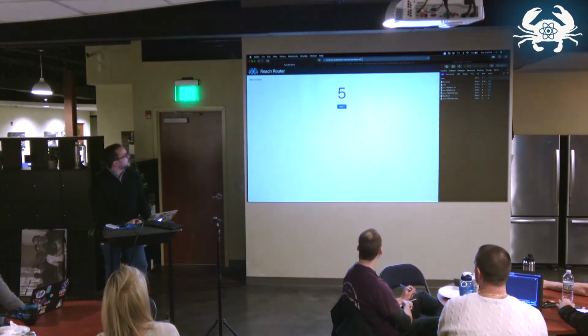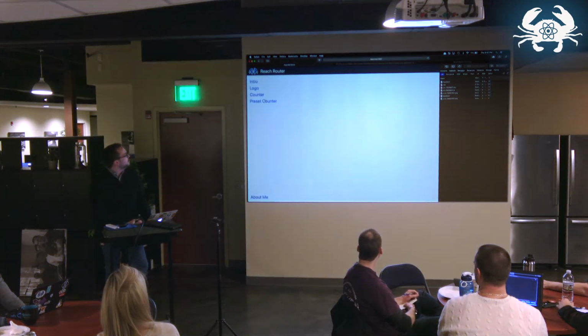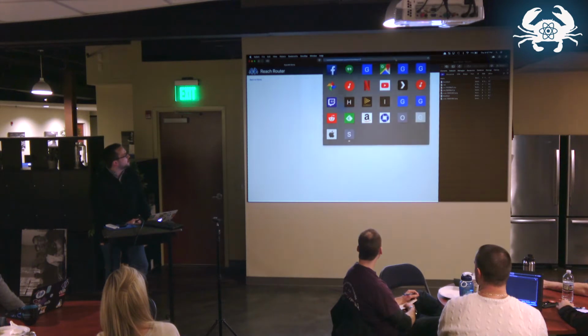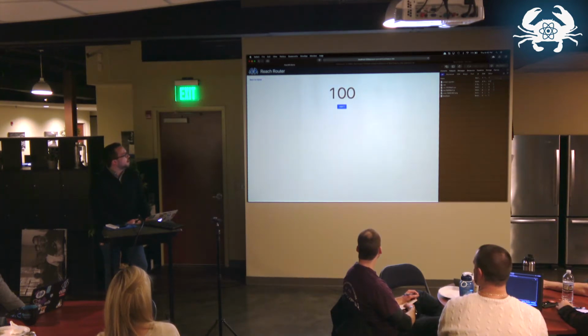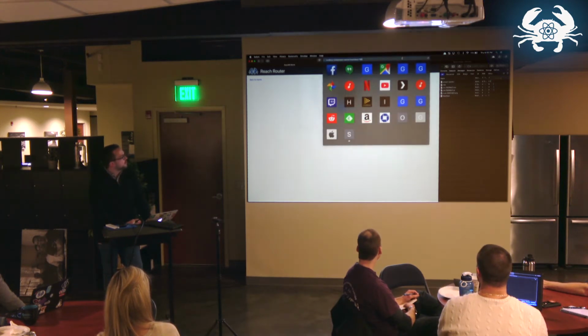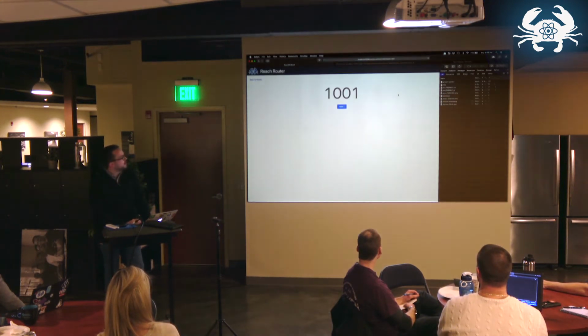And you can see here, that's loaded in as 5. Now, for example, I could change this and set it to 100, but I'm not going to get the advantages of the router. So I don't know if you guys saw that, but on the right side here, it actually did another network request. So if I change it again,